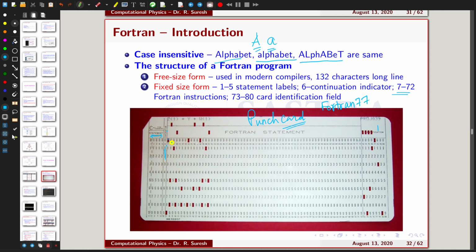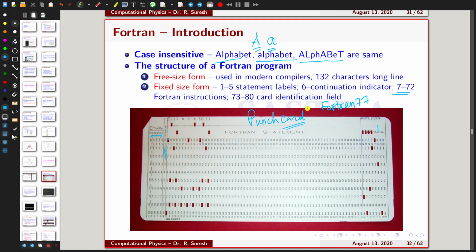Then you have to write the Fortran instruction from the 7th column, and end the line at the 72nd column, or break the line accordingly using the continuation indicator. Similarly, you are not allowed to write instructions after the 73rd column, because the compiler will not consider this as Fortran instructions to compile. This is called the fixed size format.